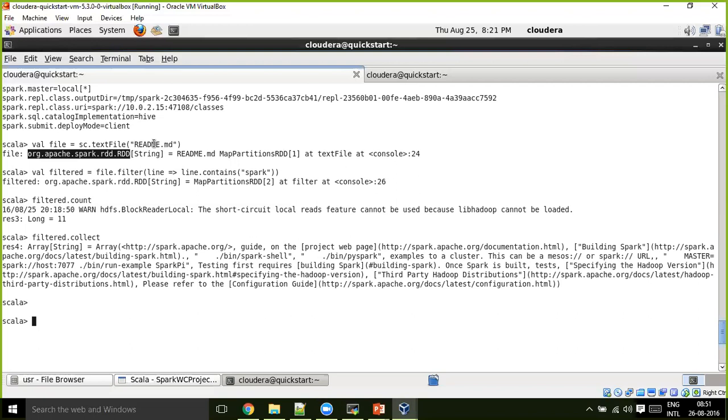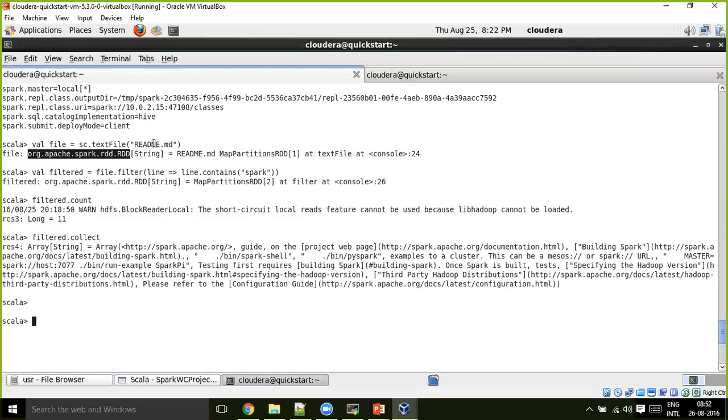Let's discuss where that is in a few minutes. Before that, it divides that file into partitions. In simple terms, it treats the file blocks as partitions.